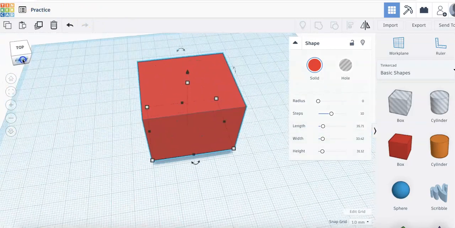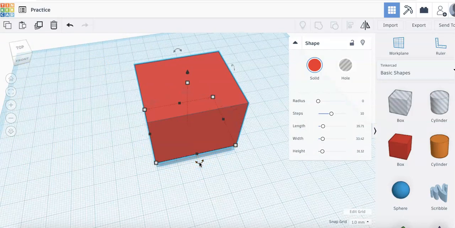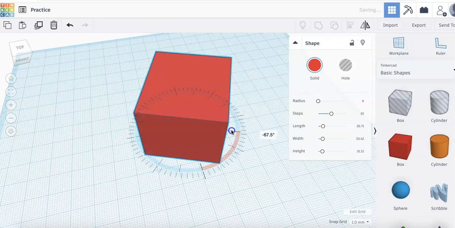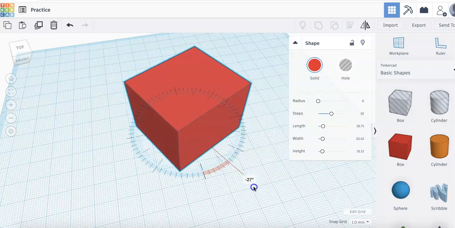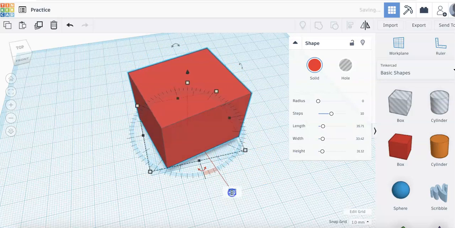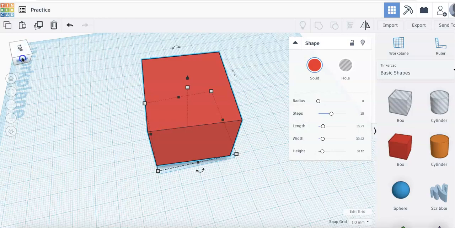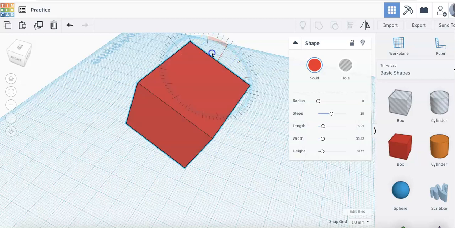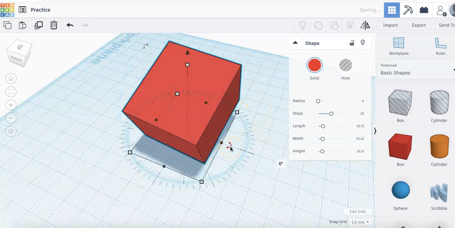Notice the curved double-ended arrows that are on each side of the block. We can use these to rotate the block. By clicking this symbol and dragging along the circular path that appears, we can adjust the block in specific increments, or outside of the circle, we can be a little more precise. Like the other measurements, we can also click on the measurement box that appears and type in a specific value. This is true for any of the angles that we want to manipulate. We can do it this way or the other way, which is very helpful when you want to be specific on how you position the blocks